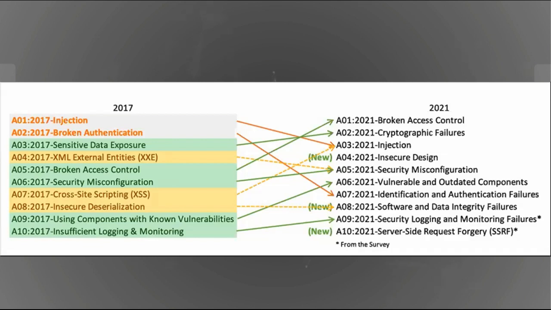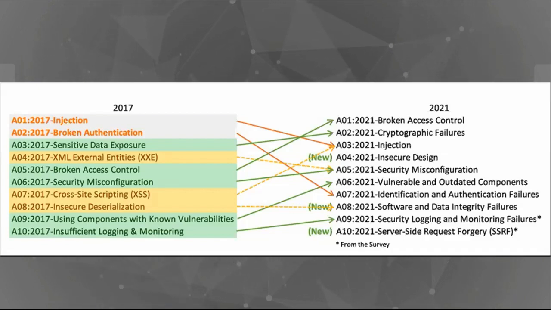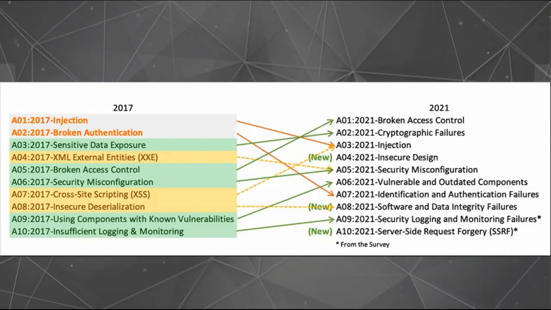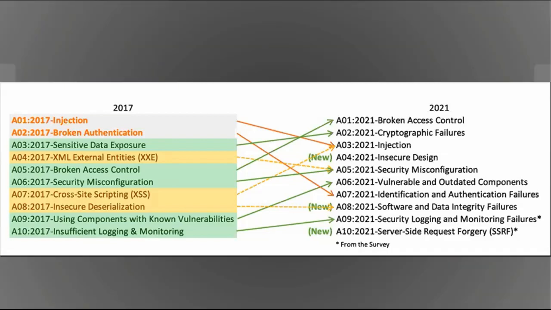So we move to number 6, which is vulnerable and outdated components. This was previously titled using components with known vulnerabilities. Yeah. So this has now moved up from number 9 to number 6. It's a known issue and a risk, that most of the things are not being patched or updated. So there's a lack in that. Default exploit is also a key factor, so I can recognize why this moved up.